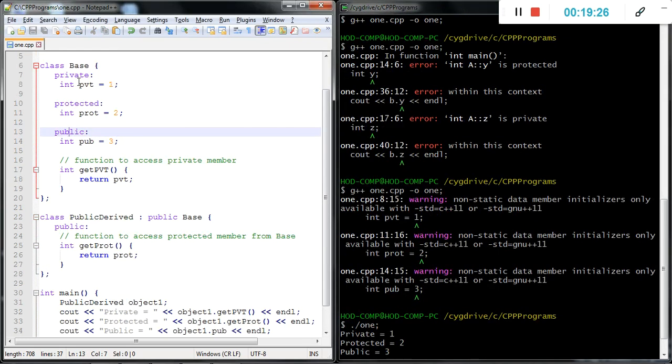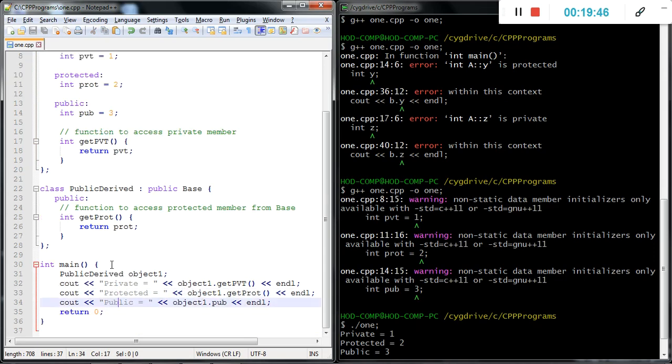This variable pvt is private, and we cannot access it under main, but we access it with the public member function of the class. That's why it's accessible under the main function. Same thing for protected, same thing for public. This is simply the concept related to inheritance.